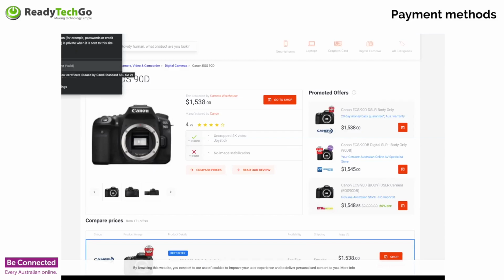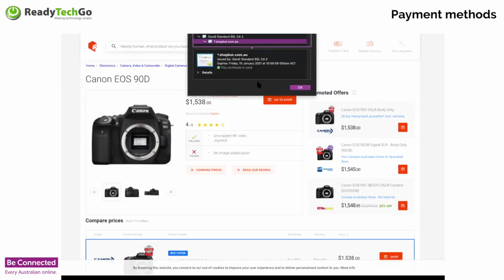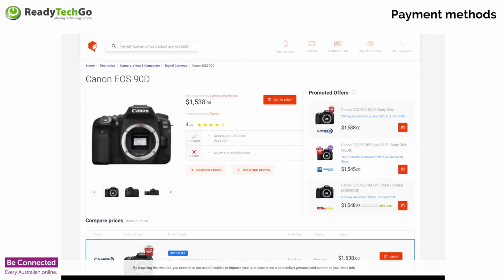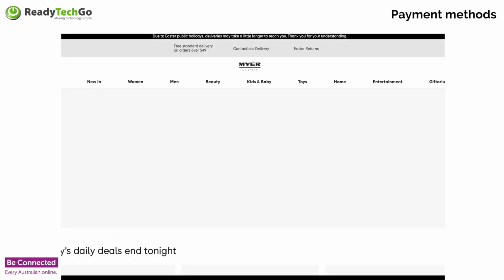And even if you see the word certificate, that's great. It's what's called a security certificate. All secure websites have a certificate which says, yes, I am secure and I am up to date with the latest security. So that's definitely great to have there. Well, that's secure. There we go. And you can even see the ShopBot security certificate. So yes, we know they're good. Excellent. That's the same as if I went to Maya. You can see that if I go to Maya as well, again, they've got